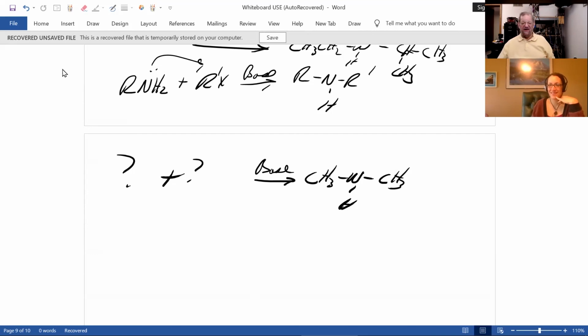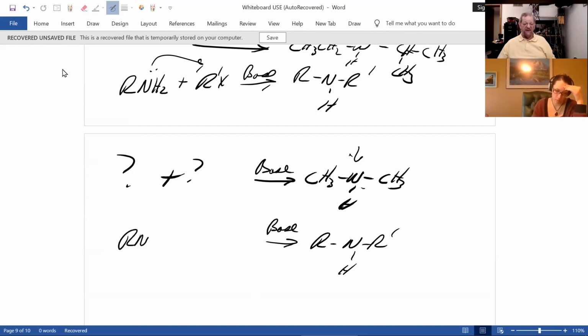I think everybody's done. So what's different here? Remember, when you look at a molecule, look for what's not carbon, what's not hydrogen, and that will tell you exactly where the functional group is going to be. Nitrogen with 2 carbons or chains on it, and this is a secondary amine. How do you make a secondary amine? You react a primary amine plus an alkyl halide.